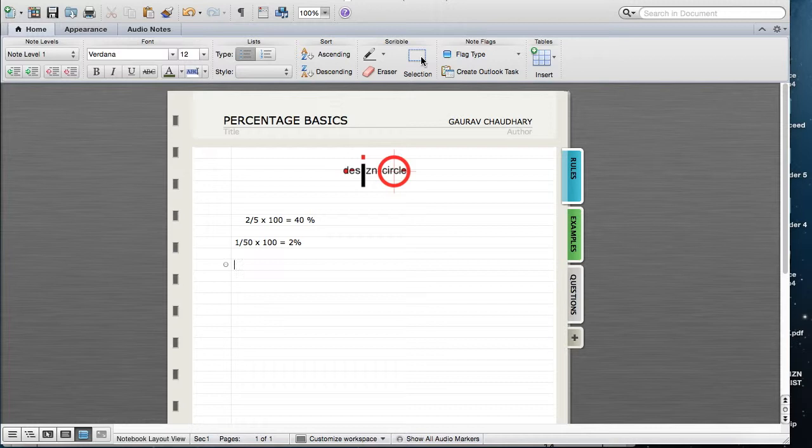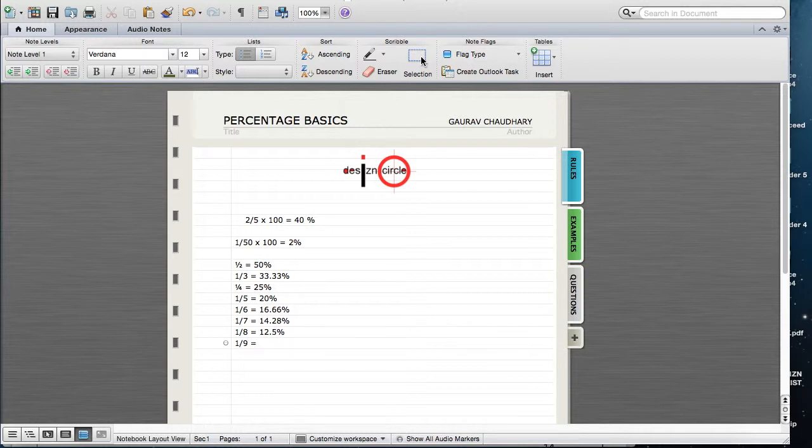Along with this, we also need to remember all the fractional equivalents such as 1 by 2 is equal to 50%, 1 by 3 is equal to 33.33%, 1 by 4 is equal to 25%, 1 by 5 is equal to 20%, 1 by 6 is equal to 16.66%, 1 by 7 is equal to 14.28%, 1 by 8 is half of 1 by 4, so we'll divide 25 by 2, it is 12.5%,